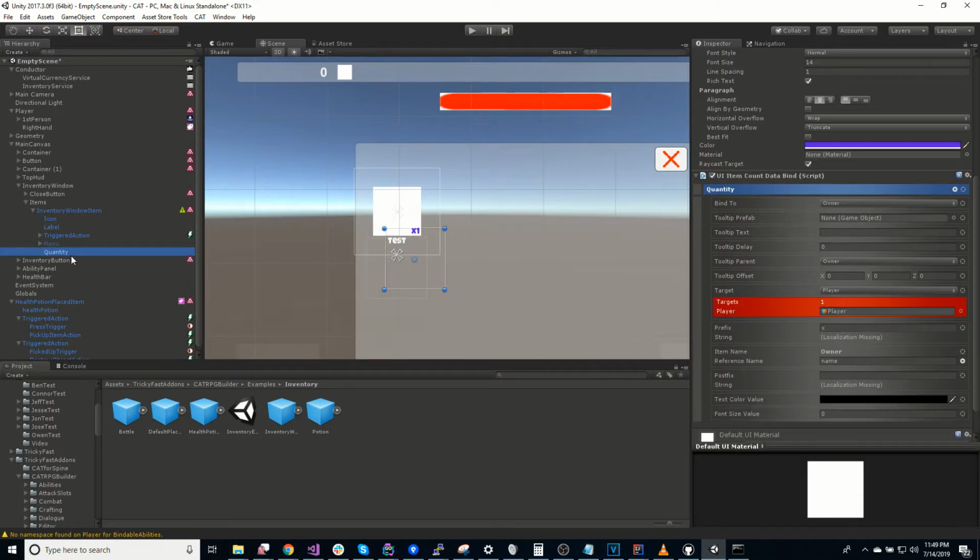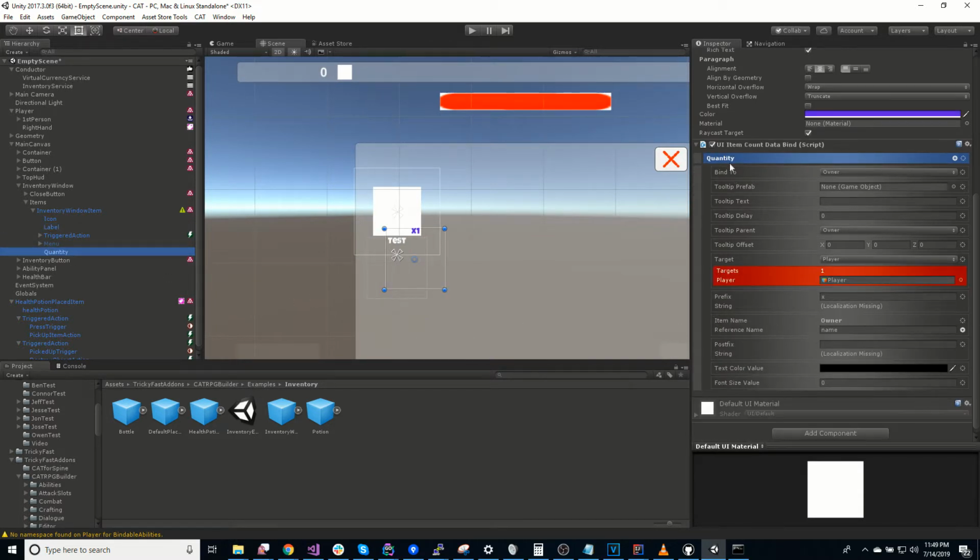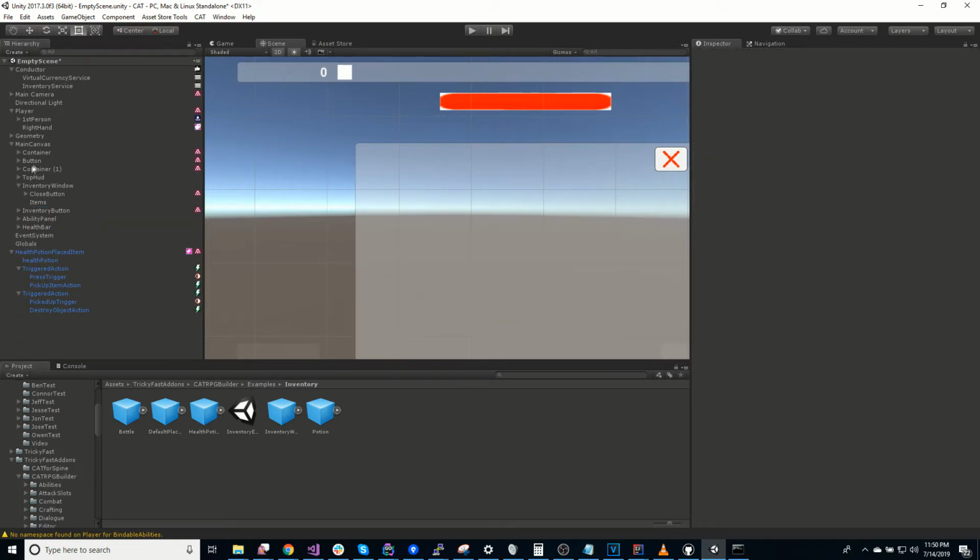And then finally, we have a quantity, which is a UI item count data bind. That takes a target, so we're talking about the player here, and then it takes the name of the item, which we're binding to the actual name of the item that we're bound to, and that will show the quantity. And that's really it. So if we're to play in here,